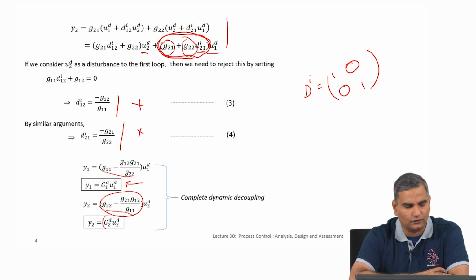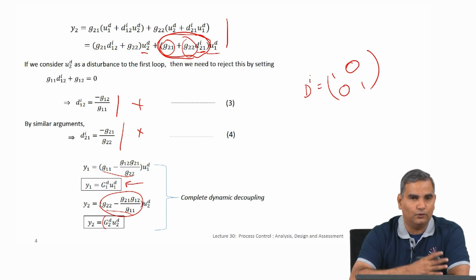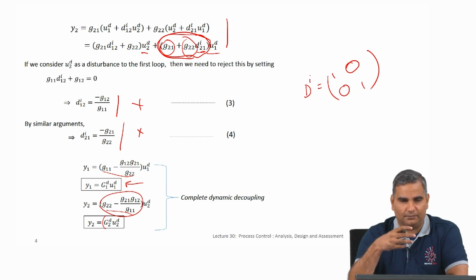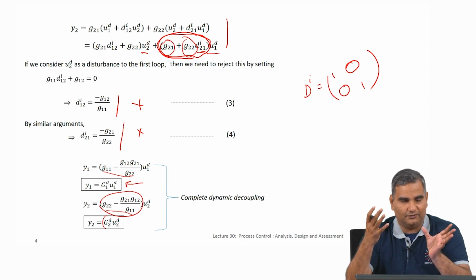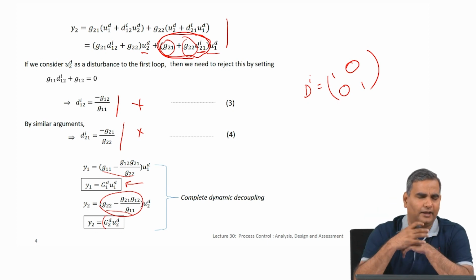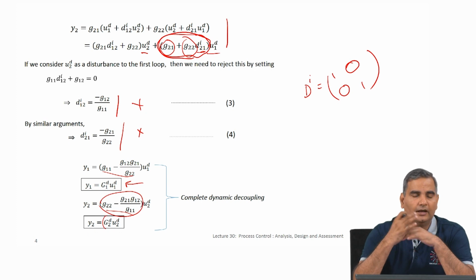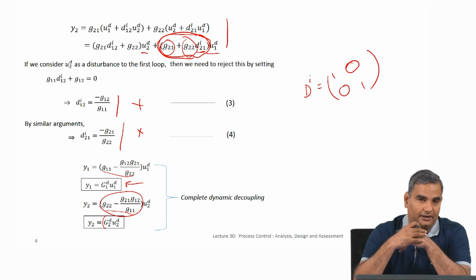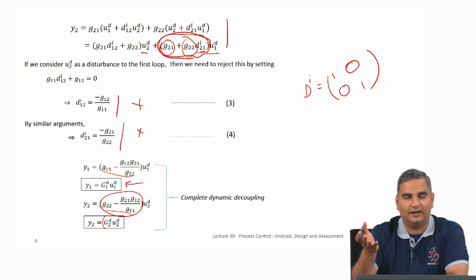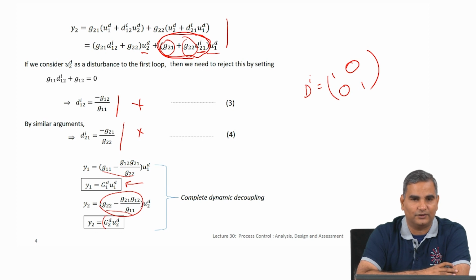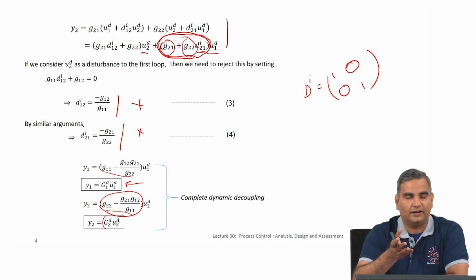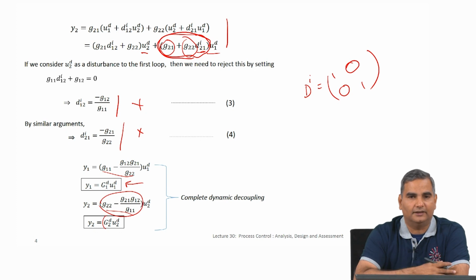The other thing that I also want to explain here is now you will see the power of Laplace transform. So, if you had to do all of this in time domain, then you would have to really worry about how you are going to decouple this input from the other one. You will have integration and complicated cancellations in integrations and so on. Because all of this has become algebraic when we start working with Laplace transforms, you see a transfer function and another variable multiplying the transfer function, and if you want to get rid of the effect of that variable, we simply set the multiplying transfer function to 0, which is a simple concept.